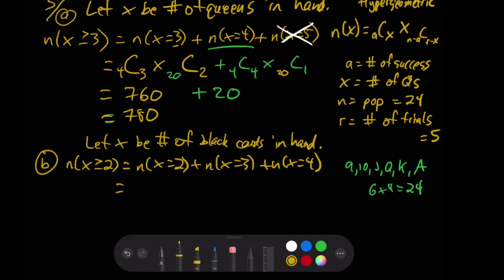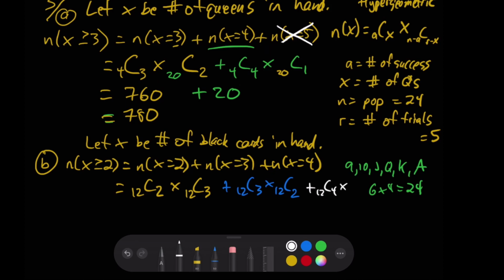How many black cards are there to choose from? Well, half of all the available cards are black because half the suits are red, half the suits are black. So we're going to have 12 to choose from. And I'm choosing 2 times. How many cards are left? 24 minus 12 is 12. Choosing the other 3. Plus 12 choose 3 times 12 choose 2. Plus 12 choose 4